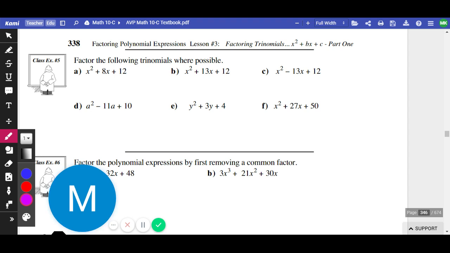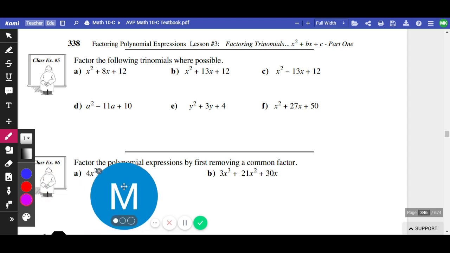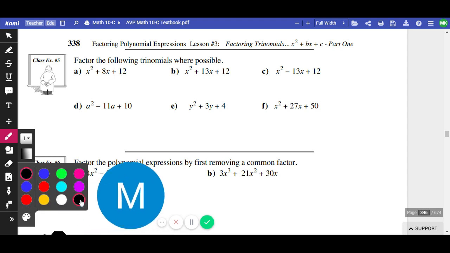Okay, so this is a factoring problem. It says factor the following trinomials where possible. We have x squared plus 8x plus 12. All right, we know that when we factor this trinomial, we're going to end up with 2 binomials, right? That's what we just proved to ourselves. We also know that when we factor and we get those two binomials,